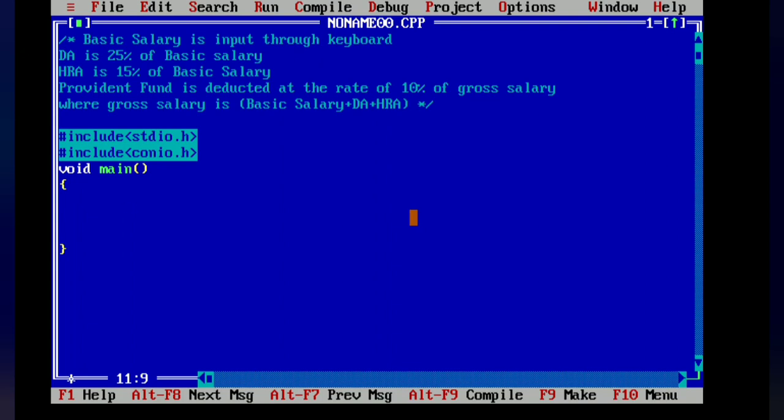Now we will define the variable. And today we are using the float variable instead of integer. Int is used for integer value. But now we are using float. So now we are creating different variables.